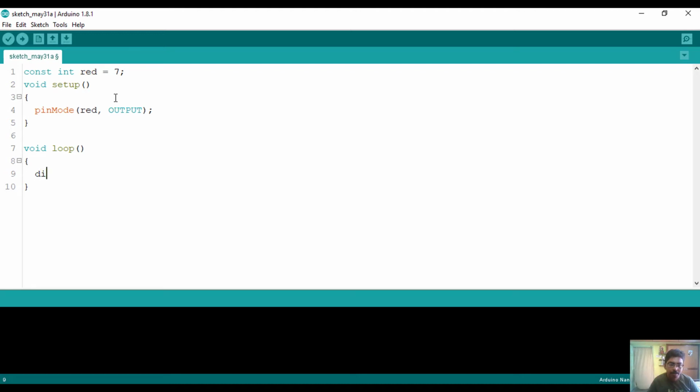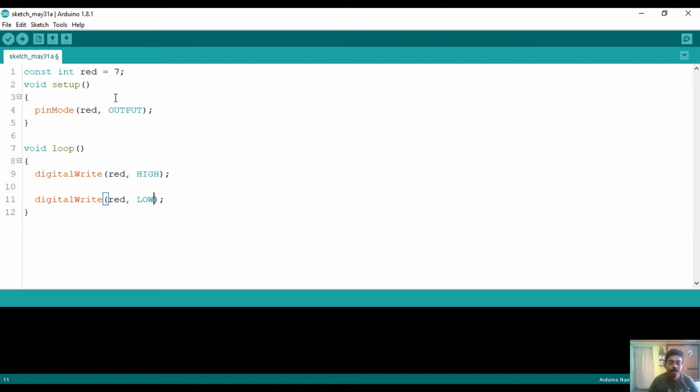So write digitalWrite(red, HIGH), where red is the LED, and to make the LED off we need to write digitalWrite(red, LOW).